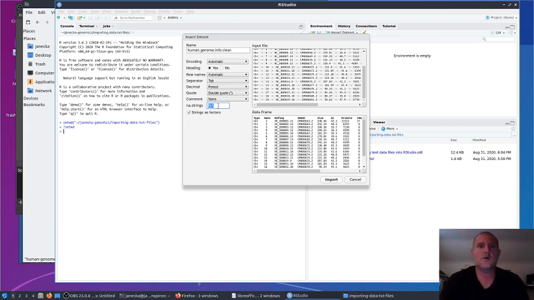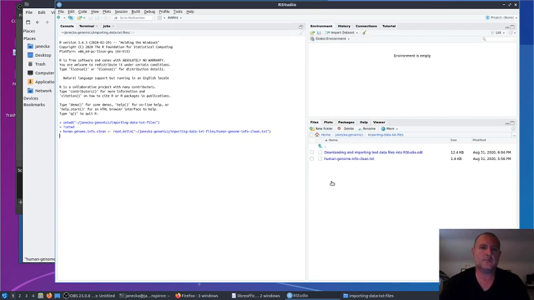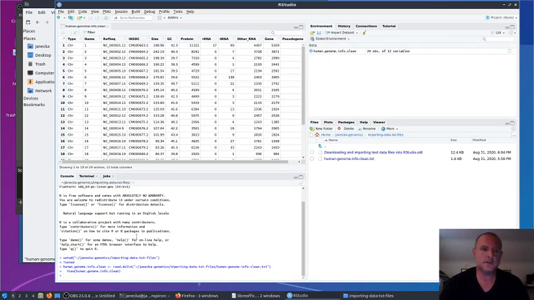And then this check here, strings as factors, that is basically a parameter that is going to import any kind of text that you have in a column as a categorical value, okay? And so for this particular table, we can actually leave everything as default and hit import, right? Now notice when we run the import function, it does three things, right? It actually creates an object, so it's right here,